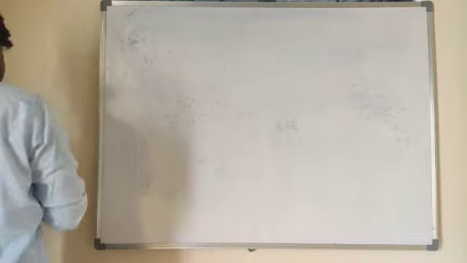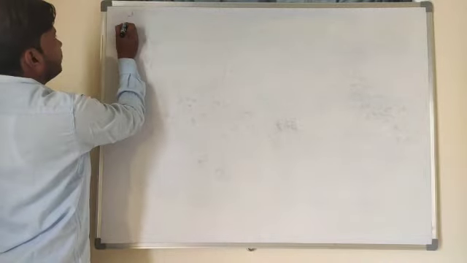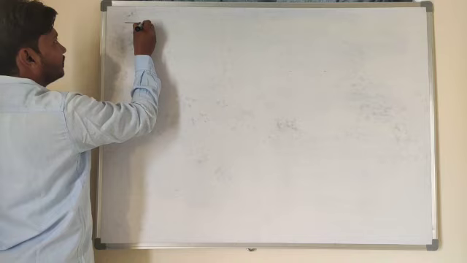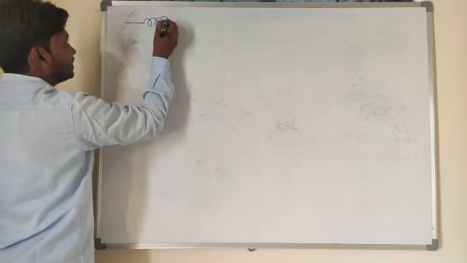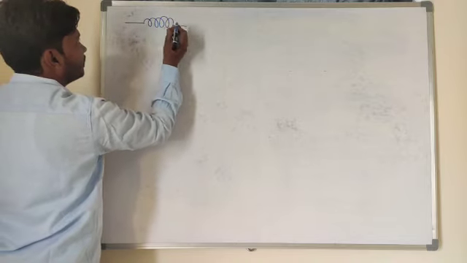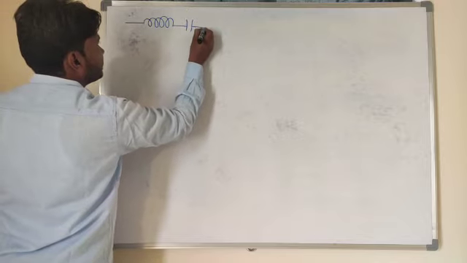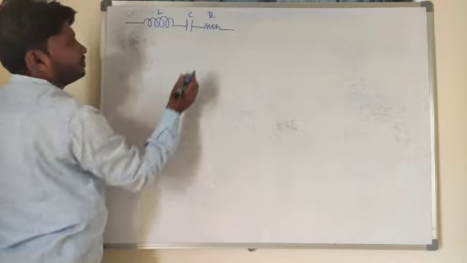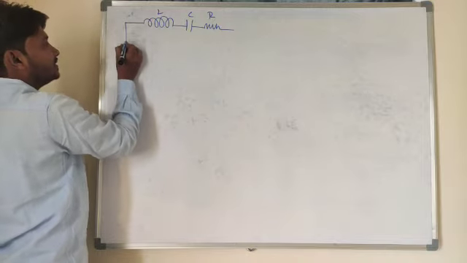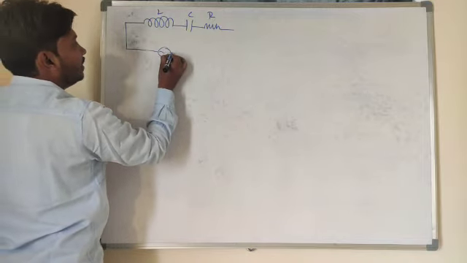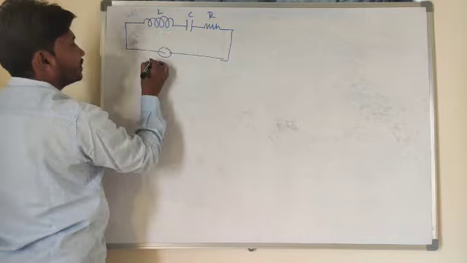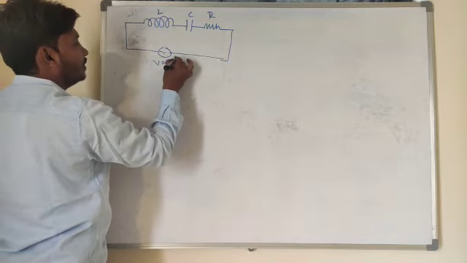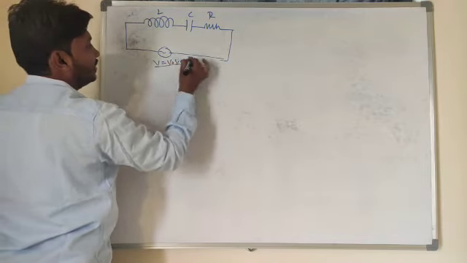So look at here, LCR circuit I can say in other words. So this is inductor, this is capacitor and resistor. These three components are connected in series combination, and the end of it is connected to a battery. So V is equal to V naught sine of omega t.